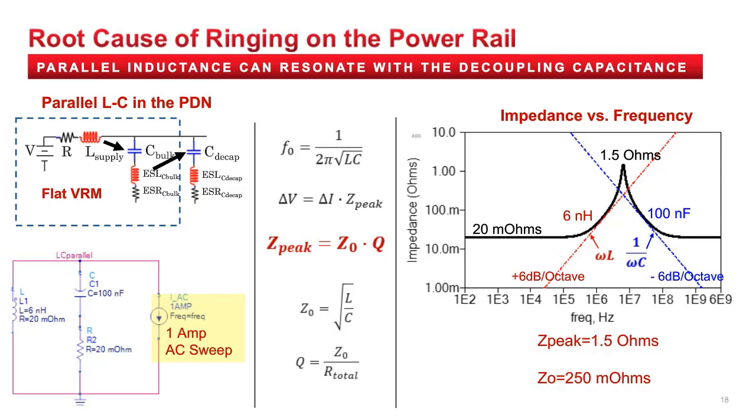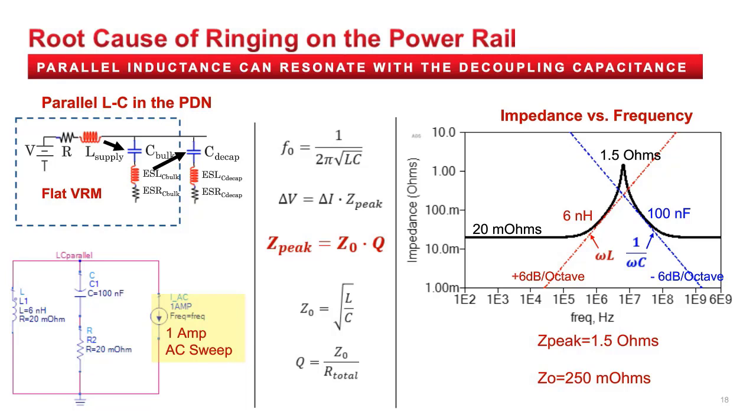A few basic electrical equations characterize the peak frequency and show that the maximum impedance depends on the sharpness, or Q, of the resonance. The Q can then be reduced by increasing the real resistance in series with the L and C. This series resistance is very important in designing for flat impedance. Resistors that help reduce the resonant Q are often called damping resistors or snubber resistors.